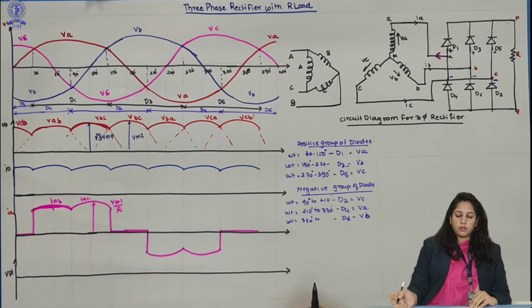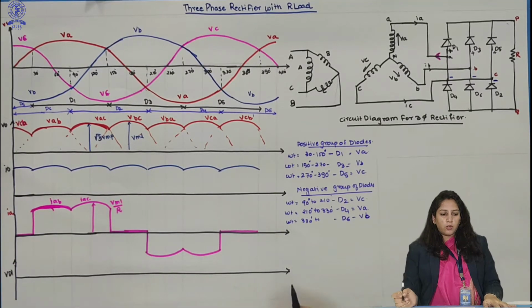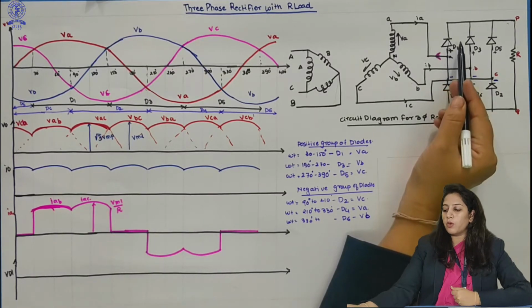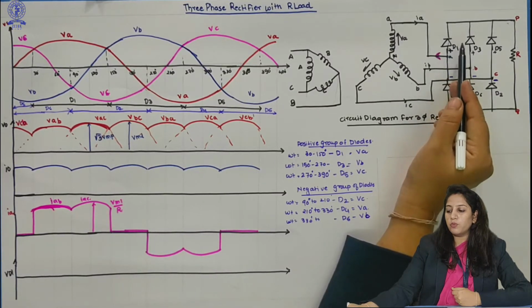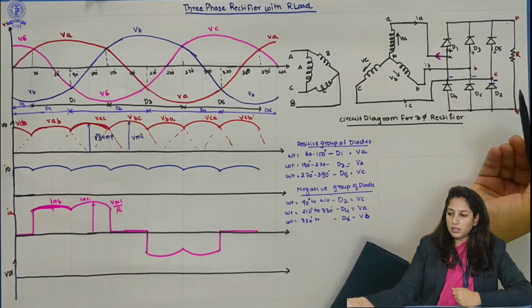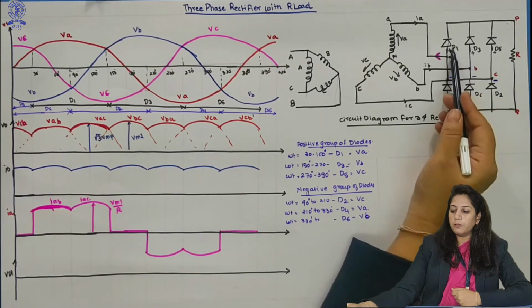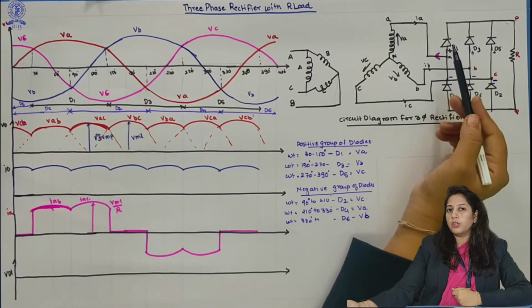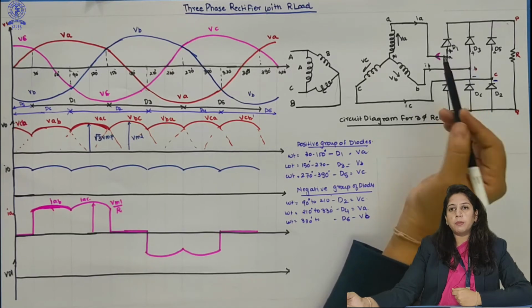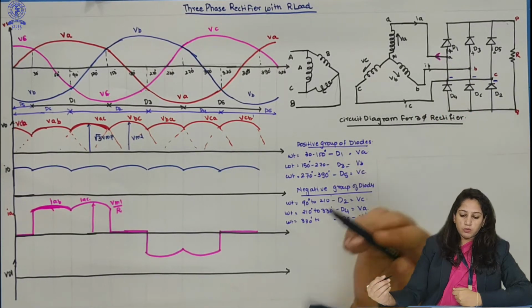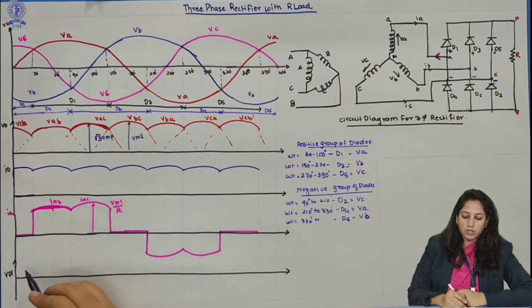Now, voltage across diode 1. The diode will be conducting, which means I will only be drawing voltage across this diode 1. You may draw or notice what the voltage across the other diodes will be also. For D1, whenever it is conducting, the voltage will be 0, and whenever it is not conducting, the voltage will be negative. So it will be the inverse of this, minus root 3 Vm.